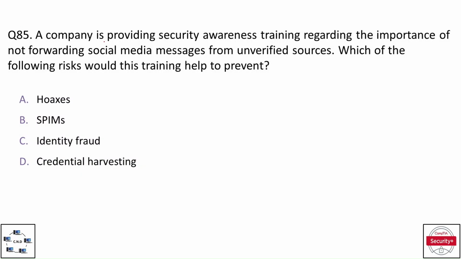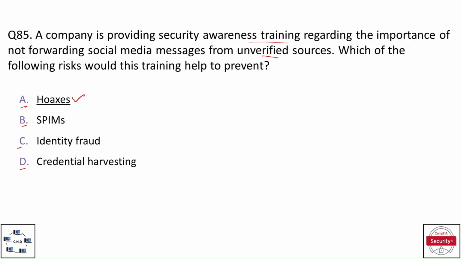Question number 85. A company is providing security awareness training regarding the importance of not forwarding social media messages from unverified sources. Which of the following risks would this training help to prevent? And the options are option A, hoaxes, option B, spam, option C, identity fraud, and option D, credential harvesting. And the correct option is